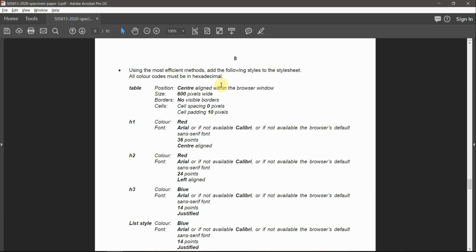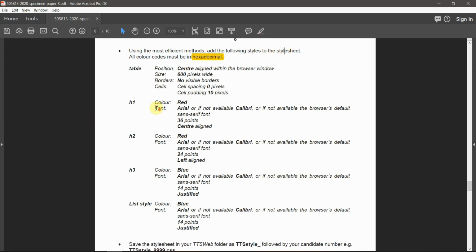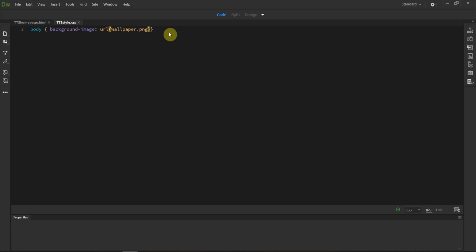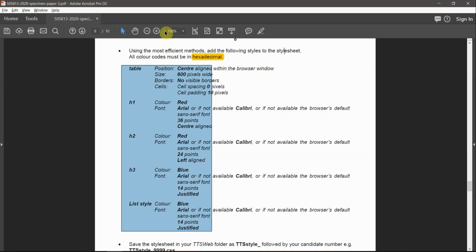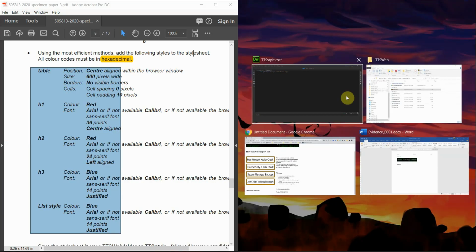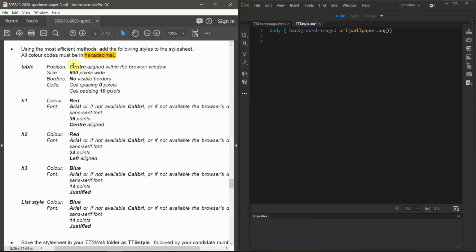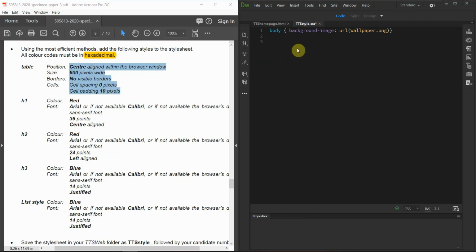Using the most efficient method, add the following styles to the style sheet, and all colors must be coded in hexadecimal. Okay, we're supposed to add all of this in the proper CSS style over here. So let's start to combine next to each other and write it down. Right now let's start to add the CSS styles. Let's start with the table,